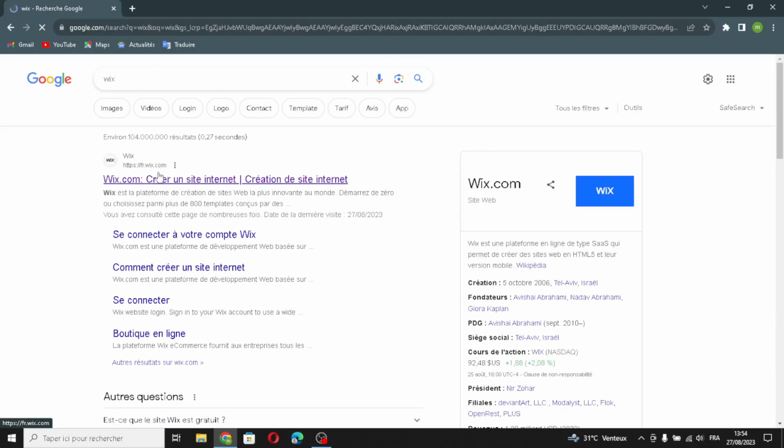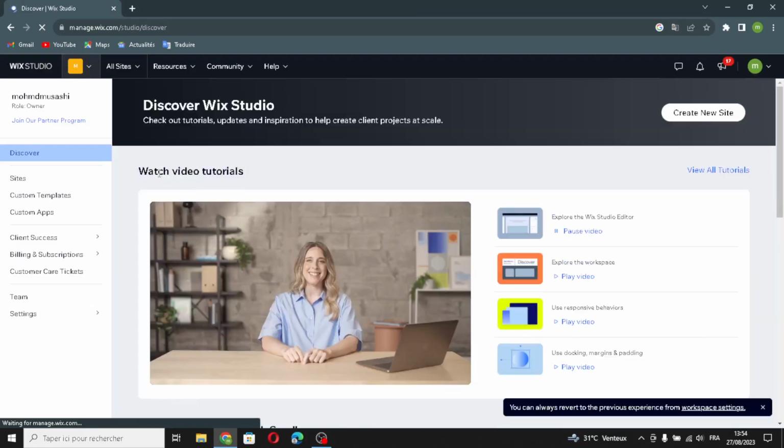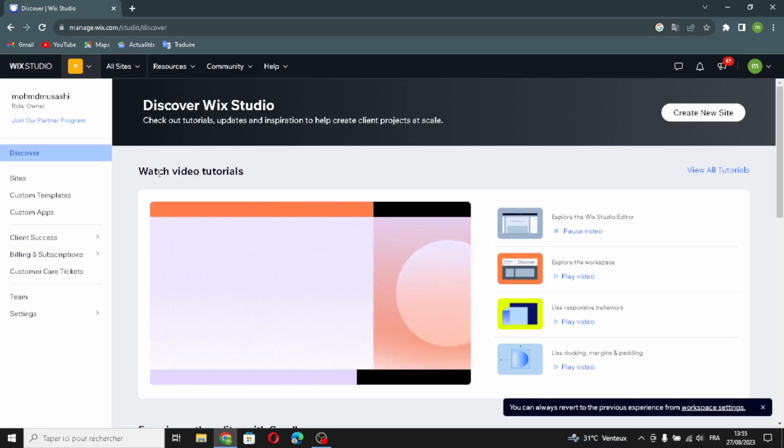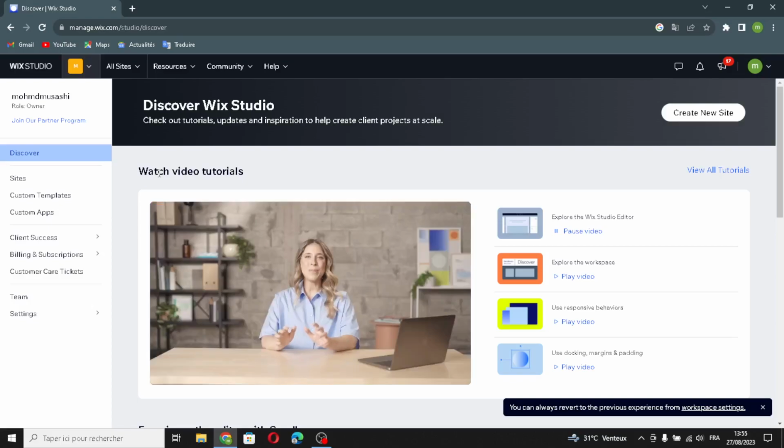So enter the website. As we know, a Wix website is a type of website that you can create easily using a platform called Wix. It helps you build your own site without needing to know much about coding. Wix offers various tools to design, add content, and customize your site, making it accessible for people who aren't tech savvy. So first, create a new site,